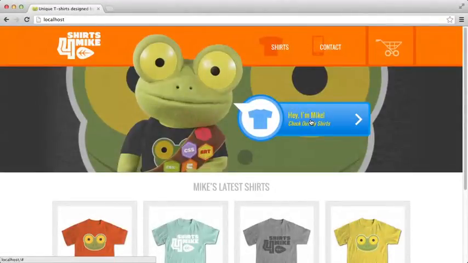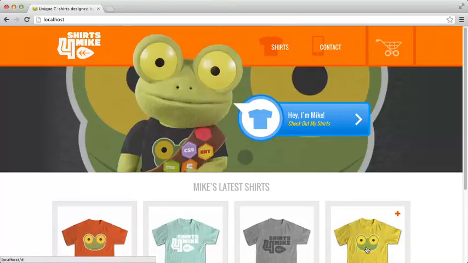In your browser, visit the root of your local web server. We coded this homepage first, before we had the main functionality of the site in place, so we'll need to make a few changes to links. This call to action should link to the shirts listing page, but right now it just links to a hash sign. We need to make the same change in the latest shirts section, updating each shirt to link to the